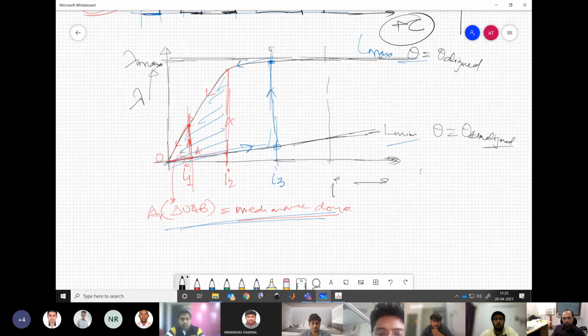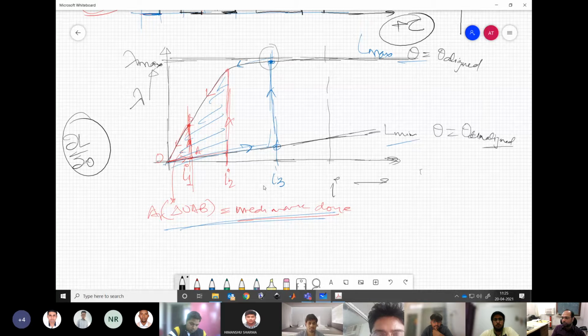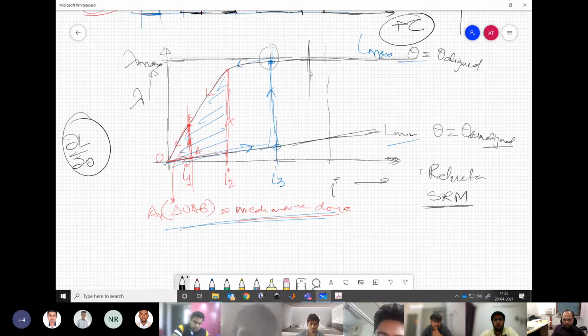So only when it moves closer to the saturation limit, it starts going flat. That's okay, there is no problem. Still we have some dou L by dou theta, a significant value, from the minimum to maximum position. Understanding my point? So for a reluctance motor or SRM, we generally operate up to the saturation limit. Up to what? Maximum lambda max, or maximum difference in L we can extract.